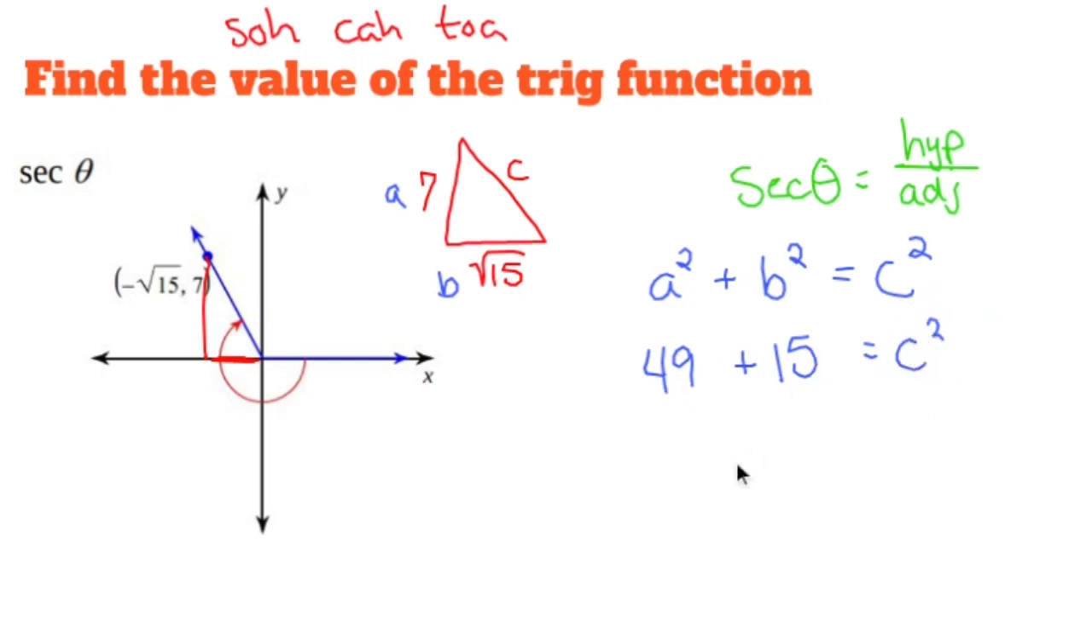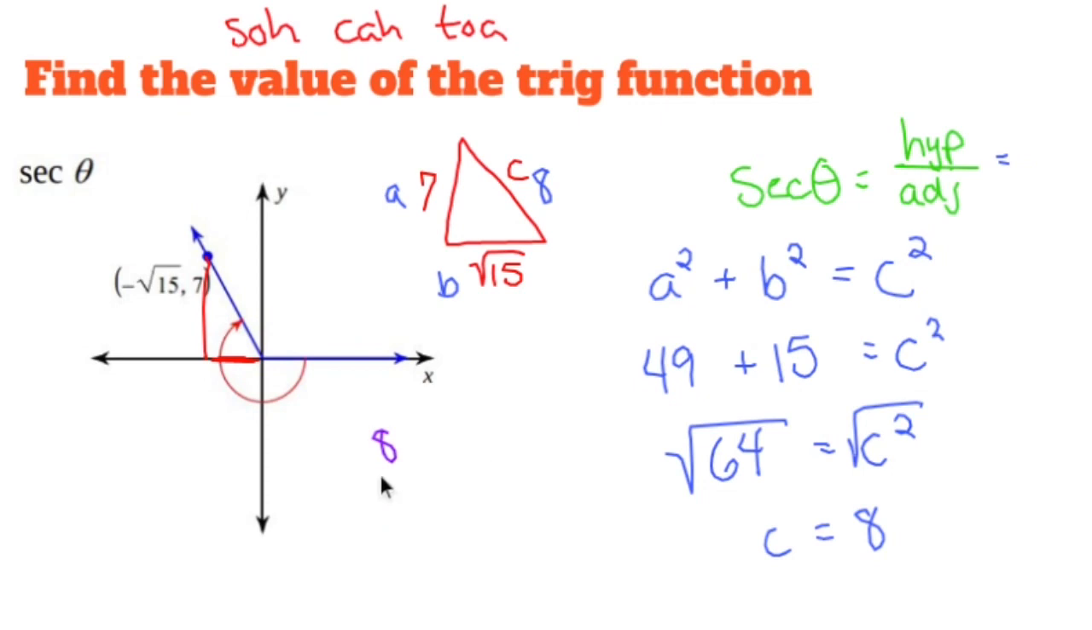Oh, God is good, because 49 plus 15 is a perfect 64. Perfect because it's a perfect square. In order to get C all by itself, you square root. C is 64. Square rooted, that becomes 8. So secant theta, and I'll write it over here because I know I'm going to have to take one more step, is the hypotenuse 8 over the adjacent, which is the square root